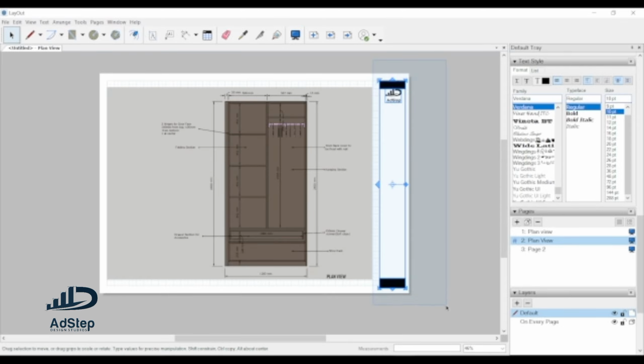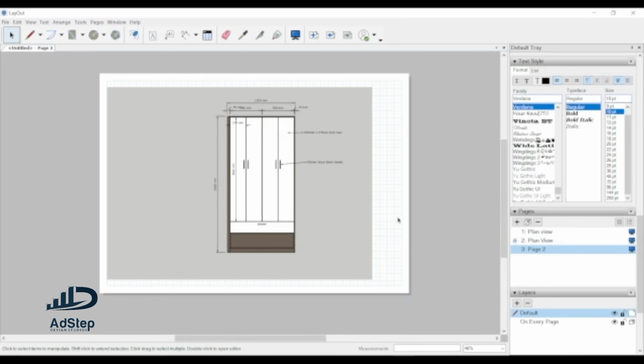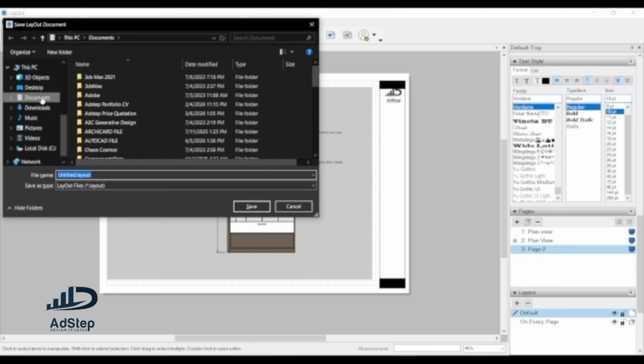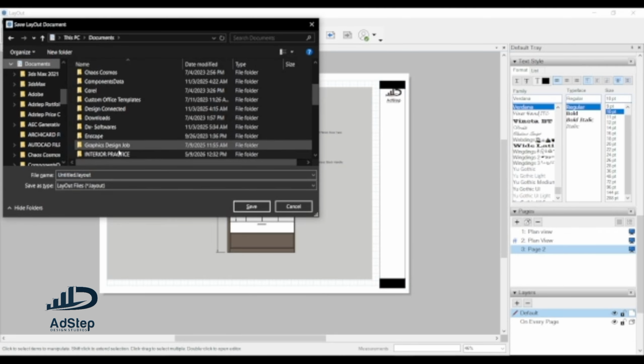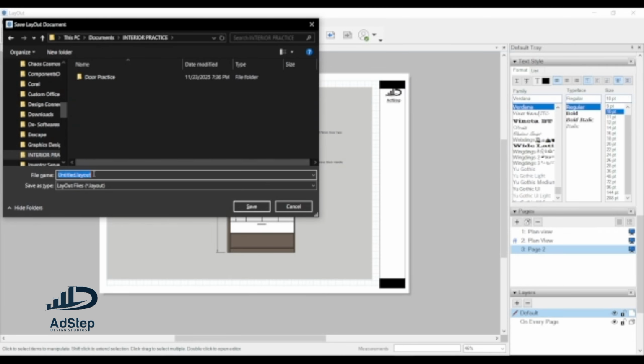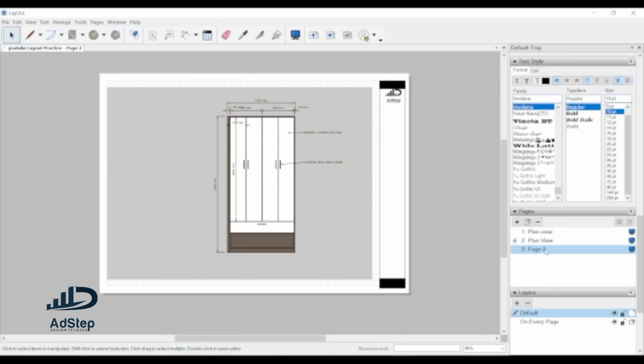I can just copy, come here, copy, Control C on my keyboard, Control V paste. So let me save. Control S. Let me just save it where I used to save in video, YouTube layout practice. Save. So this file has been saved. So we have this one. Right click, double click, give it elevation. So we have created plan view and elevation view for our